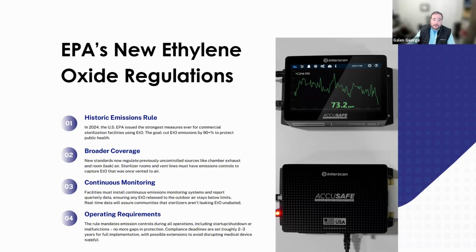Secondly, the EPA is requiring continuous emissions monitoring for most sterilizers. This is huge. So in the past, a facility might do periodic stack tests or rely on calculations, but now they'll need instruments constantly measuring ethylene oxide levels at emission points with data reported quarterly. This continuous monitoring and transparency means problems can be caught quickly and the public can be more confident that the